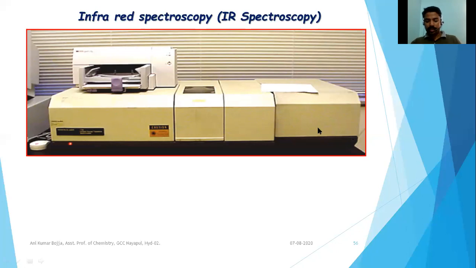A block diagram of the inside arrangement of the spectrometer we will discuss in a coming slide. This is the image of the IR spectroscopy instrument, which is very similar to UV visible spectroscopy, right?